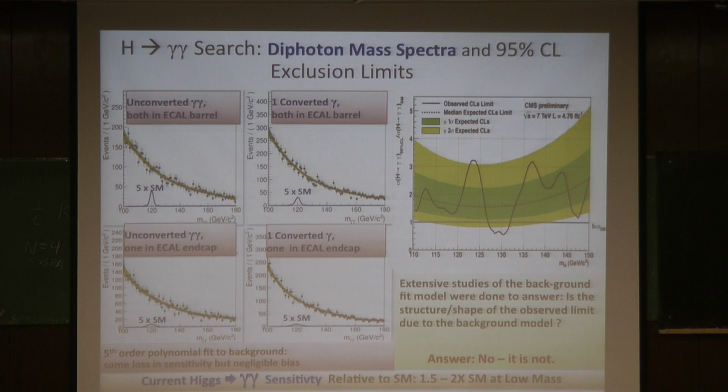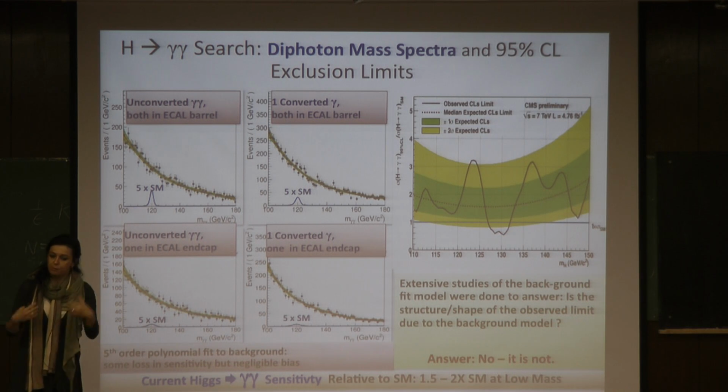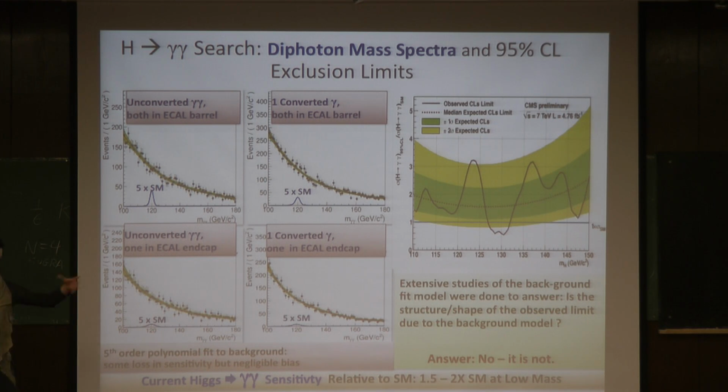And one is also doing all the pseudo-experiments with a 5th order polynomial or with an exponential, and seeing what percentage of the time you get the data. So all of these tests have been done, both for Atlas and CMS. I think Atlas in the next iteration is also going to move to a polynomial. But we're going to see how this looks, because this is going to be very interesting when we see this type of plots next time, with 10 or 15 inverse femtobarn next year, and it's going to be an extremely interesting time. This is basically how this lecture is going to end.